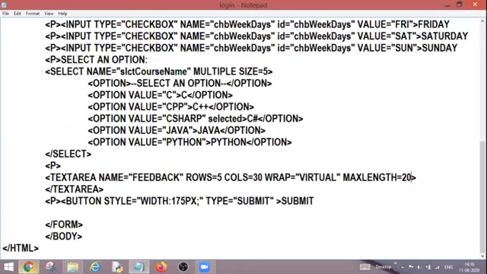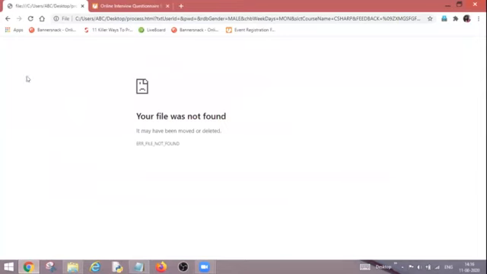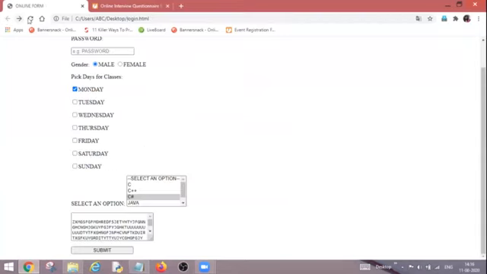Control S. Now go back, press F5, sorry, I'm going back to my form, then refresh it. And now once you type, you will only be able to type up to 20 characters, not beyond that, because I have set the maximum length for my text area. And this is the similarity between text area and text box.